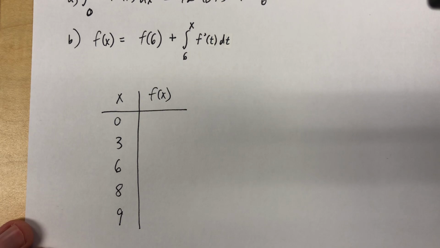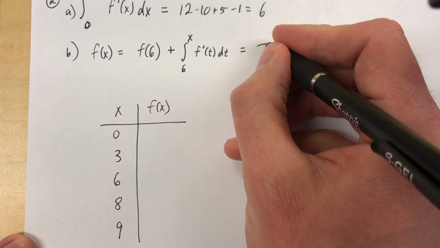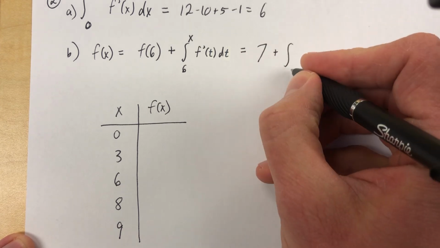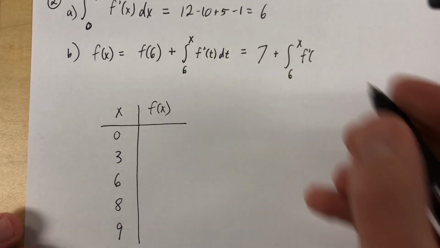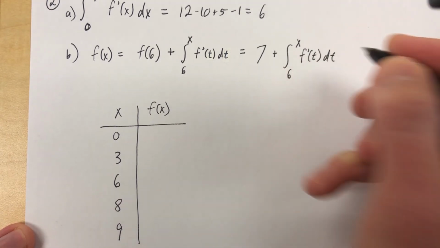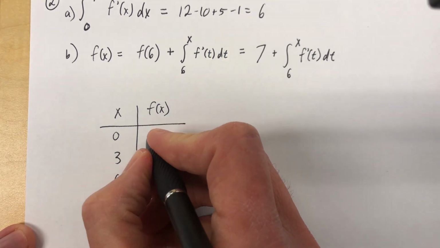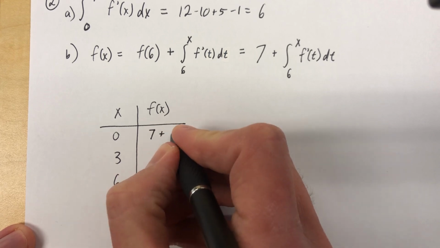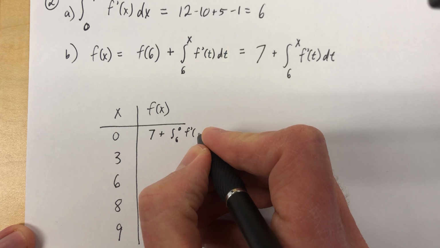And we are going to figure this out. Actually, let's back up and do one more step on this. f of 6 equals 7. I think that's good to know, and they'll probably be looking for that more specific answer rather than just f of 6, because they told us what it was. f of x equals f of 6 plus the integral from 6 to x of f prime of t dt. Okay. So this is going to be, well, f of 0, which would be 7, plus the integral from 6 to 0 of f prime of